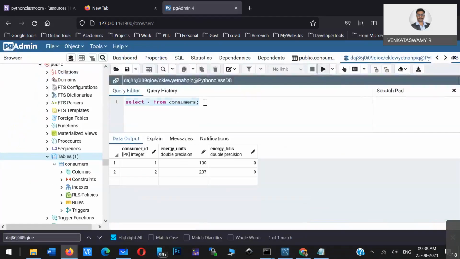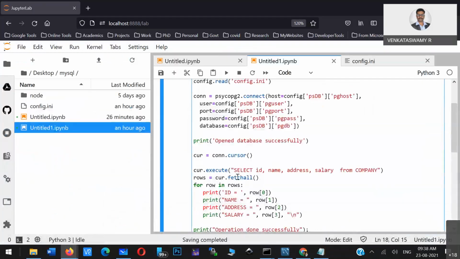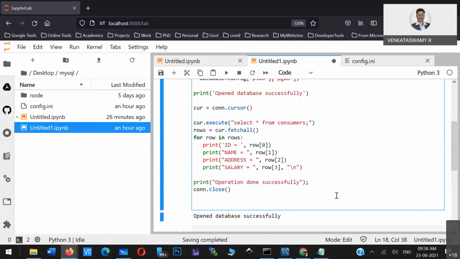So let us take the same query. I have kept that in the program as a query: select star from the consumers table. That is the query I'm passing, and I'm fetching everything. Then I'm trying to display it.